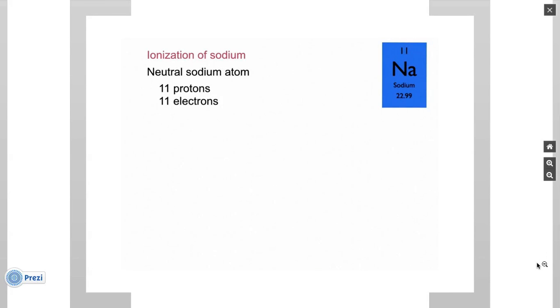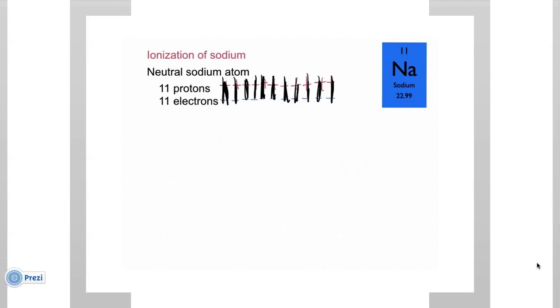If you look on our periodic table, we see that sodium has an atomic number of 11. Therefore, a neutral sodium atom has 11 protons and 11 electrons. Now, the protons are positively charged and the electrons are negatively charged. Each positive charge cancels out a negative charge, like so, leaving the neutral sodium atom with an overall charge of